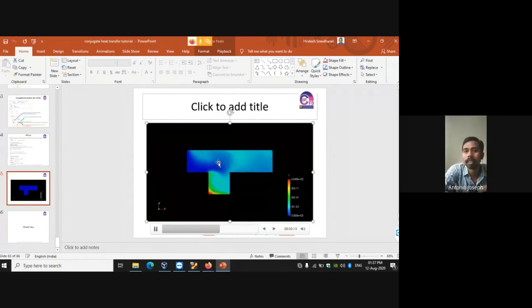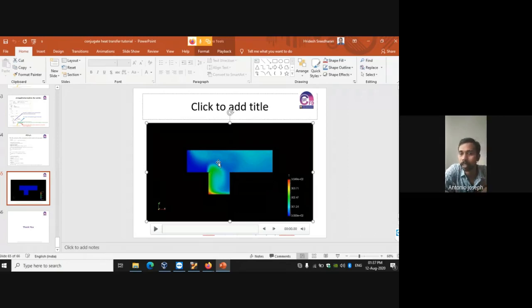Okay, so that's about the geometry. We have more or less a T-shaped cavity. It's a 3D case, not a 2D one. The left end and the right bottom portions are solid portions, and at the bottom portion of this T, there is a heater also. So we have totally four regions: the air cavity, a left solid portion, a right solid portion, and a heater at the bottom. So that's about the geometry.